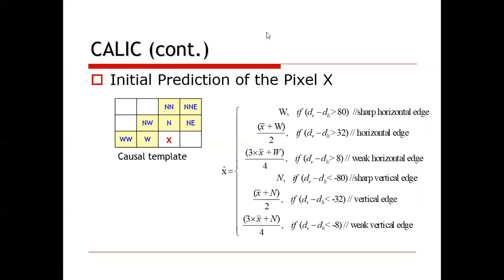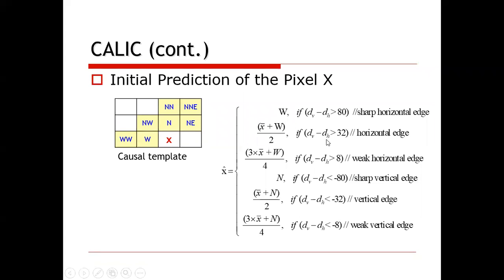Pseudocode is like that. If dV minus ds, meaning the gradient in the vertical direction minus the gradient in the horizontal direction, is greater than 80, then it becomes a sharp horizontal edge, and in this way we will pick up W as the pixel.